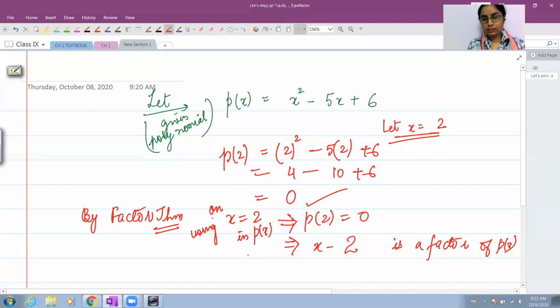Does that make sense? Yes. Anyone who has any questions? No, ma'am. This is one way, like ये पहला inference है. आपके पास फैक्टर थ्योरम के 2 रिजल्ट्स हैं. ये पहला रिजल्ट है कि आप एक कांस्टेंट वैल्यू से अपने पॉलिनोमियल का फैक्टर फाइंड आउट कर लेते हो. The second inference is, अगर आपको फैक्टर ऑलरेडी दिया हुआ है तो हम क्या कंक्लूड कर सकते हैं.